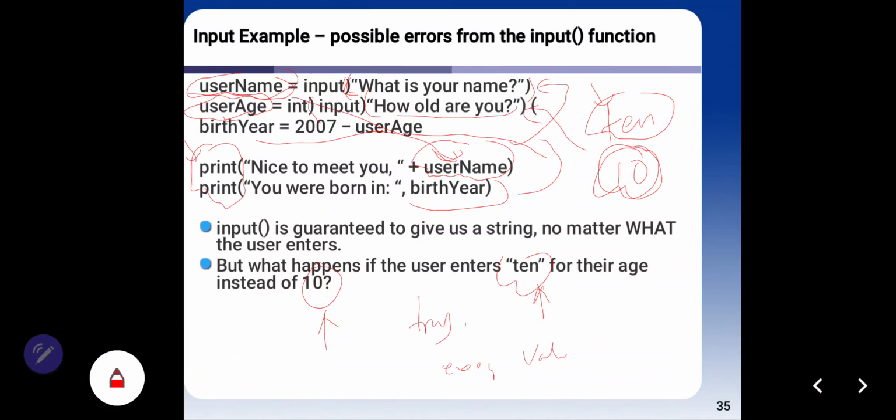Okay, to solve this problem you can use this error handling: try, except value error.